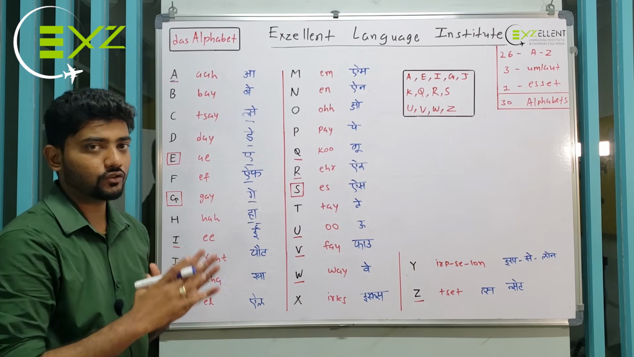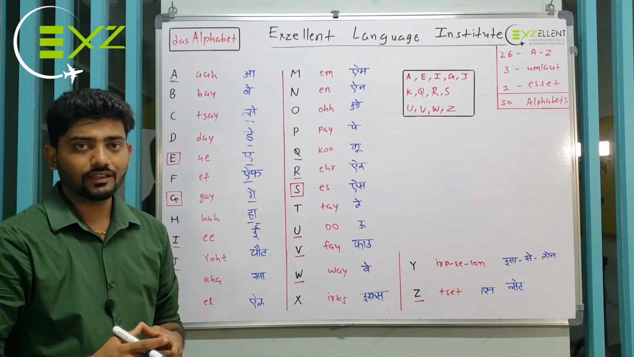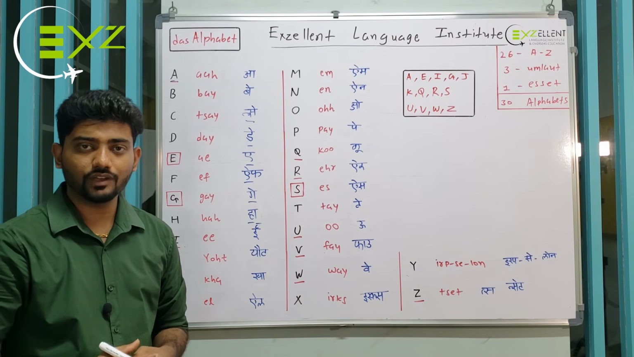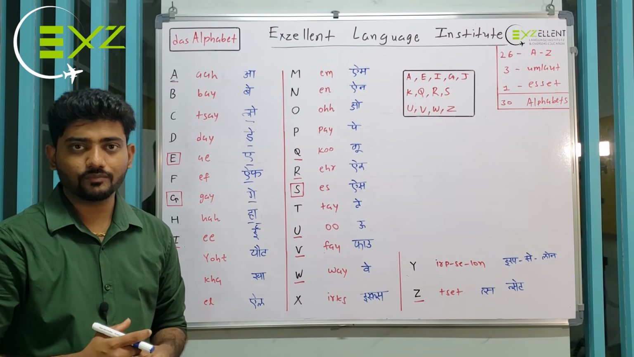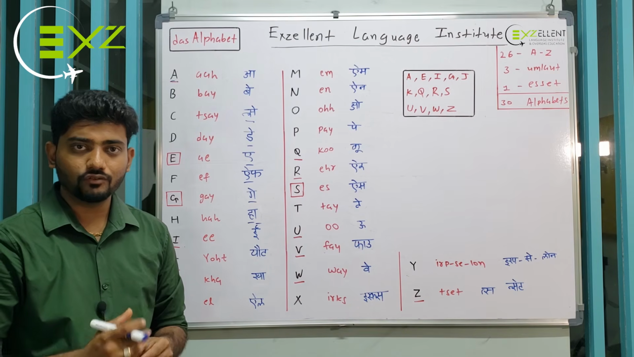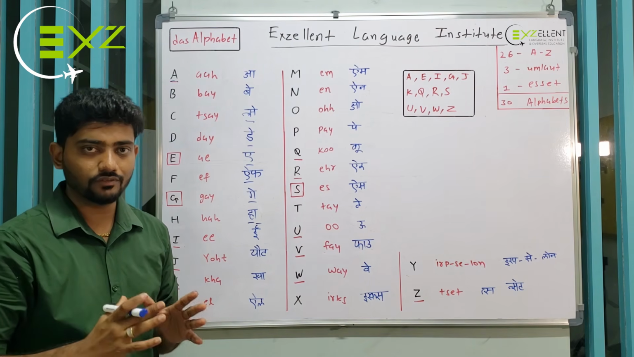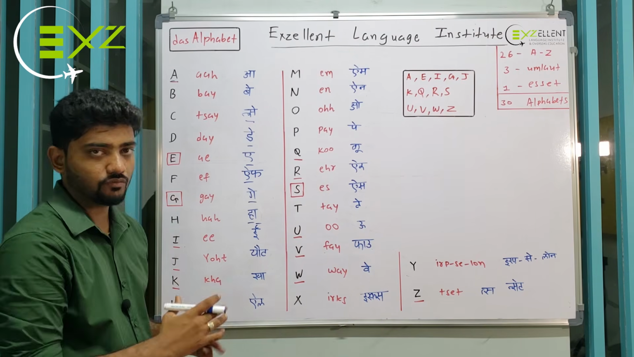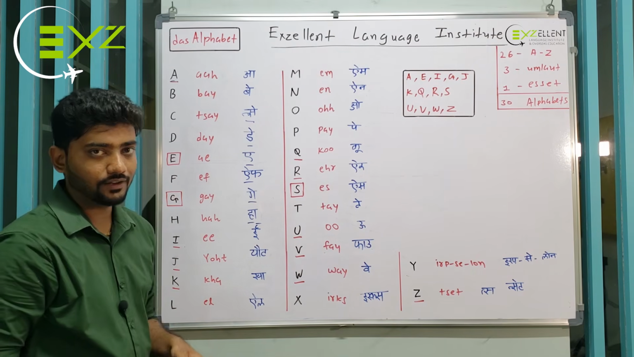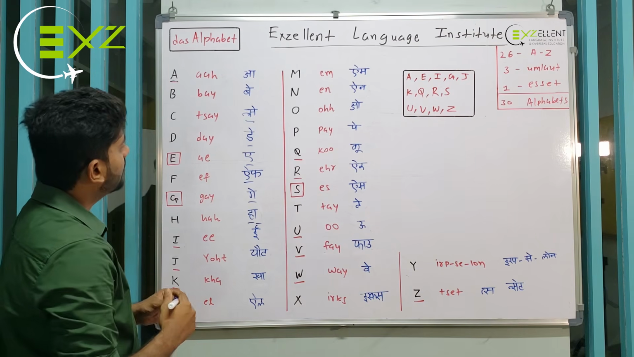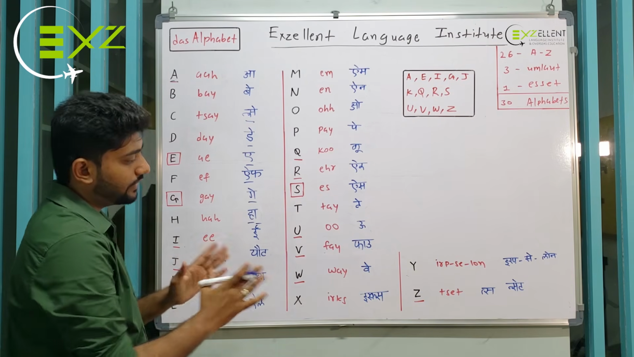In this video, we are going to start with alphabets. As we know, in German language, we have 30 alphabets. From these 30 alphabets, 26 alphabets are the same as English alphabets. So let's start with the 26 alphabets, first of all, A to Z. Let's pronounce A to Z in German language